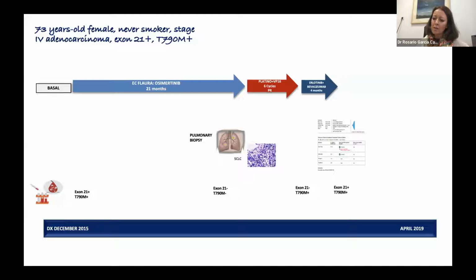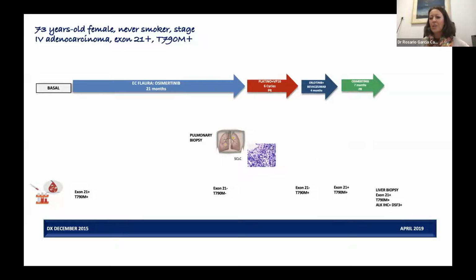Exon 21 T790M mutation positive, and osimertinib was started, 7 months, partial response. Unfortunately, after 7 months, liver progression, we decided to do a liver biopsy, persistence of exon 21 T790M, and we